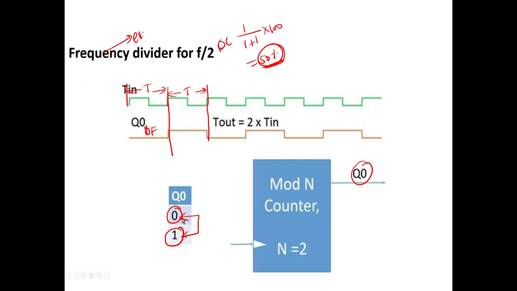Frequency divided by what? Even number. Previously we saw the odd number. Now we are seeing the frequency divided by even number. Next you see